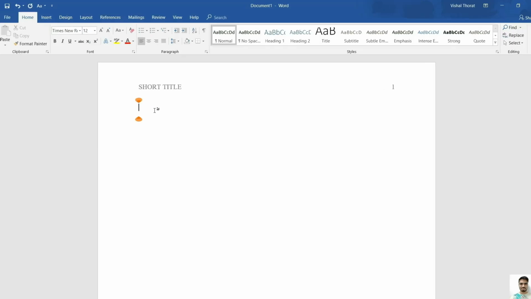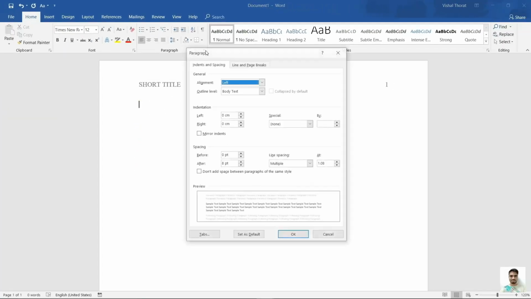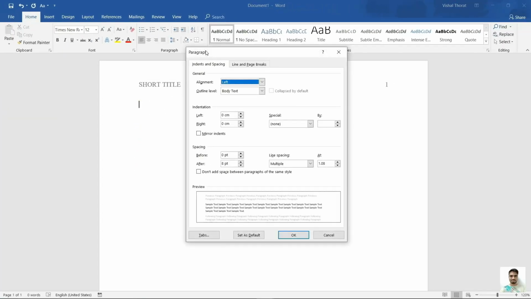For paragraph settings, click on this Paragraph Settings dialog box launcher. In the spacing section, set spacing before and after to 0. By default it would be set to before as 0 but after as 8 points, so make it 0. Line spacing by default is set to multiple at 1.08 lines. Choose a double spacing from the drop down menu. Click on the Set as Default and save these settings for this document.